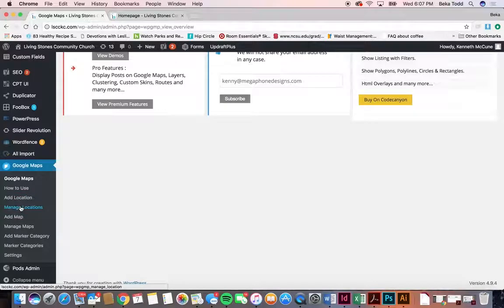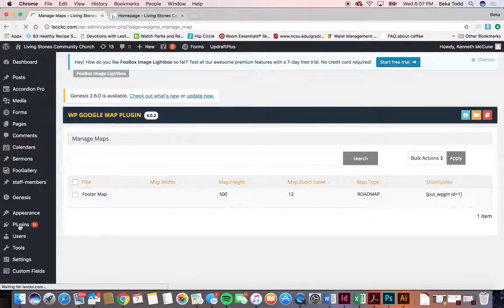So if you go to Manage Maps, then you can see what maps we've created for your site, and it looks like just the one. And the short code is here, so if you want to put the map within a page where you're putting information about something and you create a new page, that short code can be used here. Or you can copy this map and you can go and edit any of the